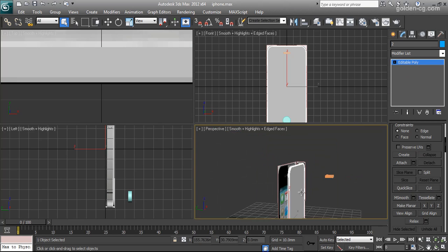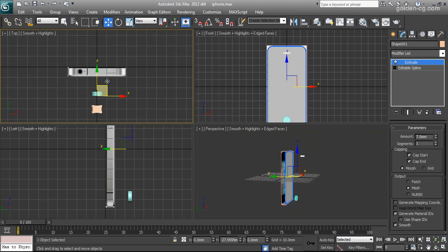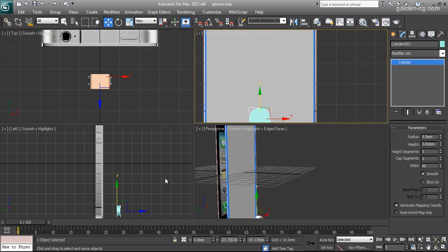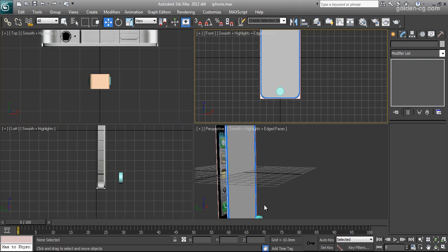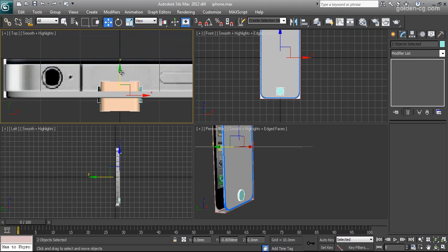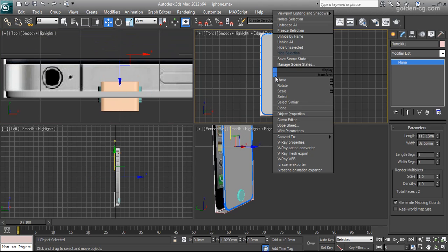So I have this part and I have two pieces which in the previous video we already kept for now. This cylinder I need it again, so I hold the Shift and make a copy and hide it. And these two parts I will move inside our model. We need to use the boolean again, so I select it, convert it to